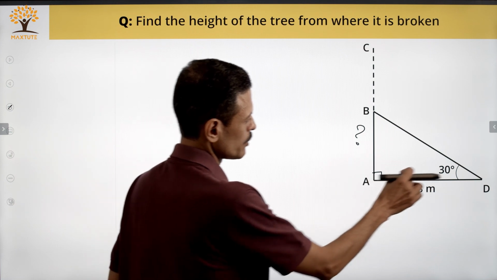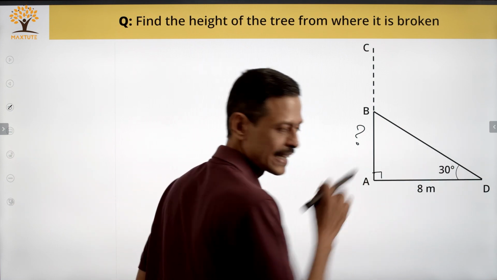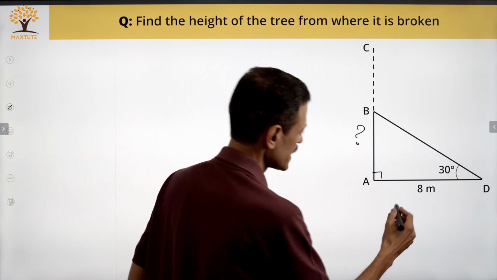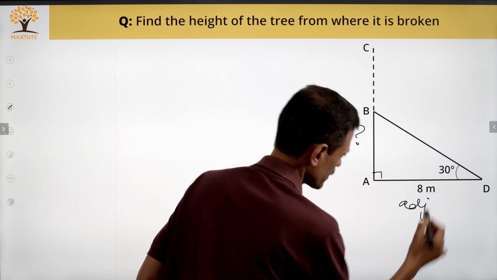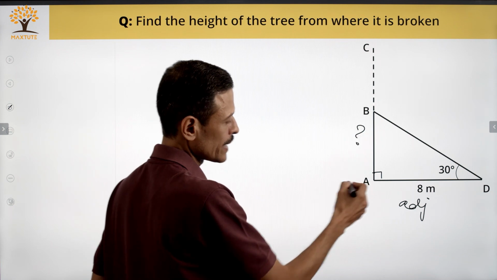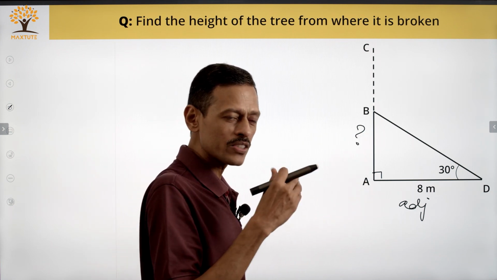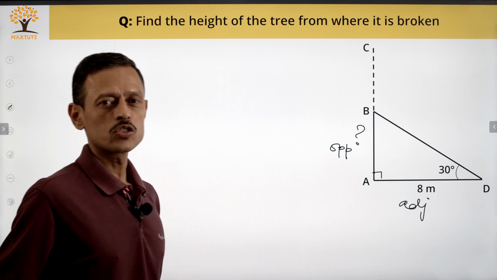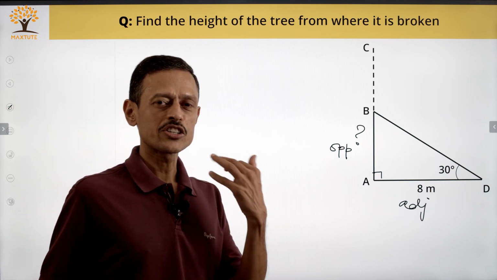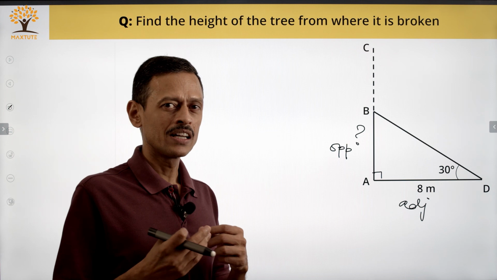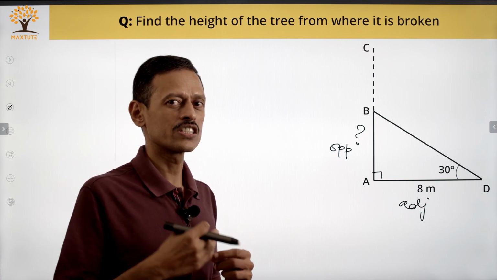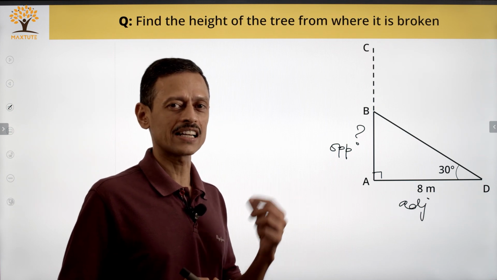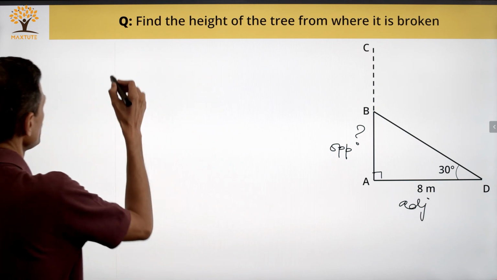In this right triangle, for this 30 degree angle, what side is AD? It's the side closest to 30 degrees. So, it is the adjacent side. What is it that we are trying to find out? AB. What is AB to this angle? AB is the opposite side to this angle. So, we have an angle and we have the measure of one of the sides, which is the adjacent side. We will have to find out the measure of the other side, which is the opposite side. Which trigonometric ratio combines the opposite side and adjacent side? Tan basically combines these two.